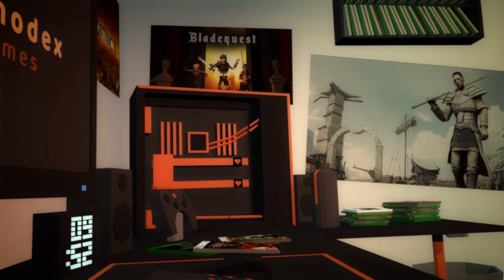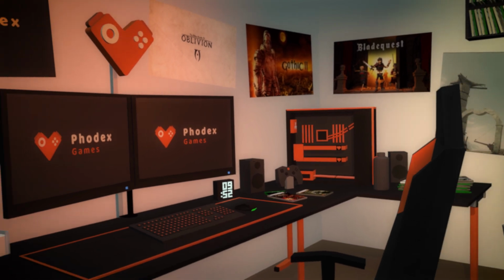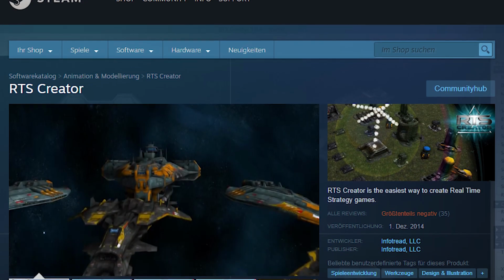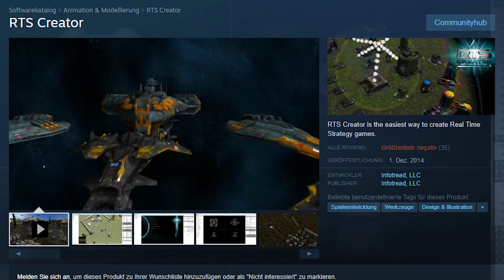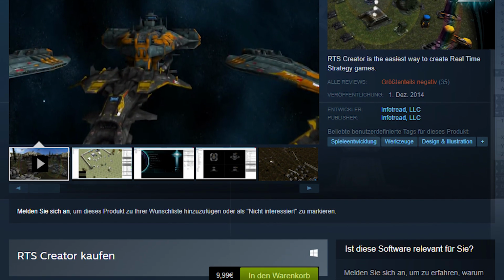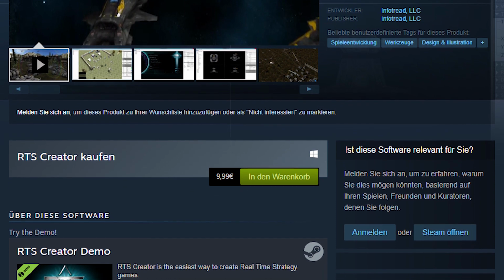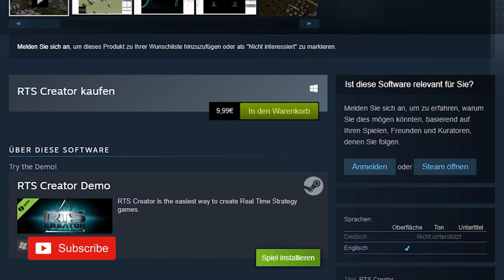A few months later, when I was browsing through the deep realms of the Steam store, I saw a trailer for a game engine called RTS Creator, which promised you can easily create your own real-time strategy games with it. You can imagine what happened in my head. I dreamed of a sequel to that game I loved so much. By the way, it is called Warrior Kings, and I wanted to create a second part, because the game, as amazing as it is,